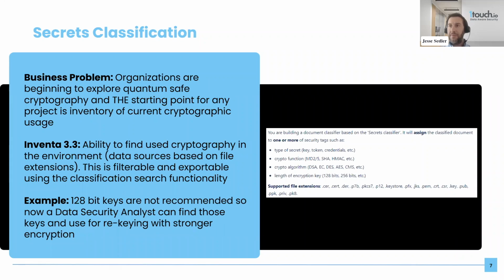So Inventa here can be a tool that helps you find and discover the unknown unknowns when it comes to cryptography, which is what we do today with data sources as well. But this is a new area of risk that there's no visibility into. And very simply, we can go into our system and say, all right, where is RSA being stored in any of my storage? And we can find that. We can export the file path,